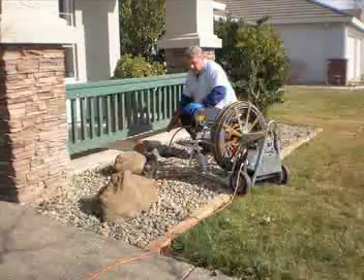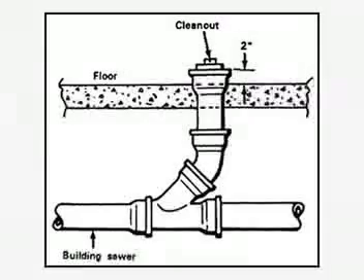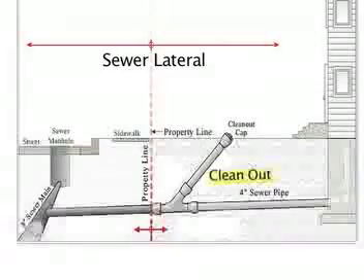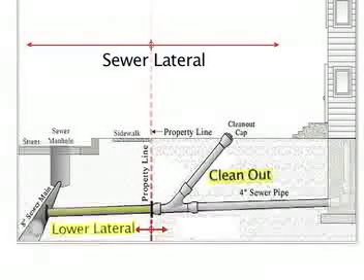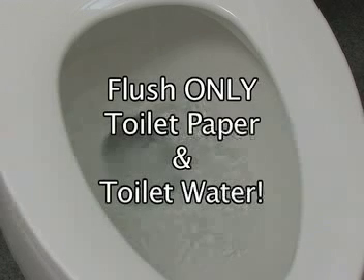The city recommends having a plumber inspect your lateral, repair any problems, and install a cleanout connection. A cleanout is a Y-joint connected to the lateral, allowing easy access to clean out the lateral. Once a cleanout is installed, the city will maintain the lower lateral. Besides making sure that the lateral is in good repair, it is important that you are careful about what you flush down the drain. Many blockages can be avoided if these suggestions are followed. Don't flush anything except toilet paper and toilet water down the drain. Anything else will clog your pipes.